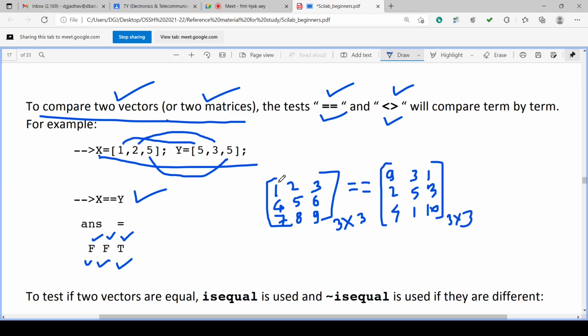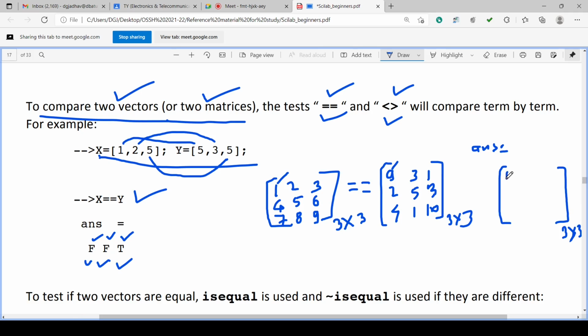Now the first row, first column of the two matrices is not matching. So I will write ANS equal to, and the answer will be a 3 by 3 matrix.